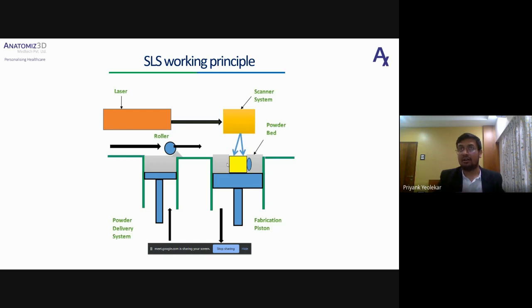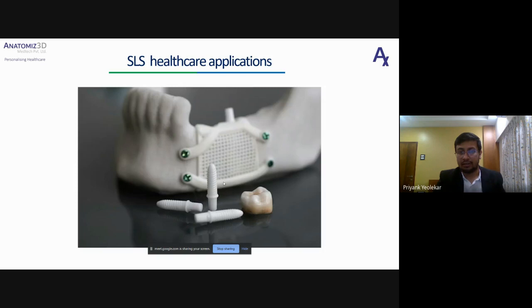Once the printing is done, this entire powder assembly comes on the top, and then you have to remove that unsintered powder, and then you will get your part. It is just like doing excavation, something like that, and then you get your actual part. So this is how the SLS technology works.